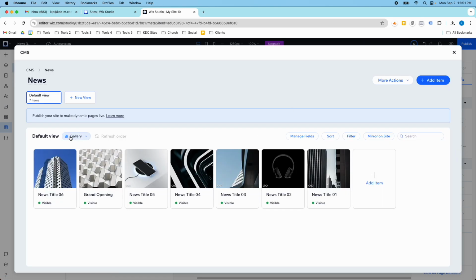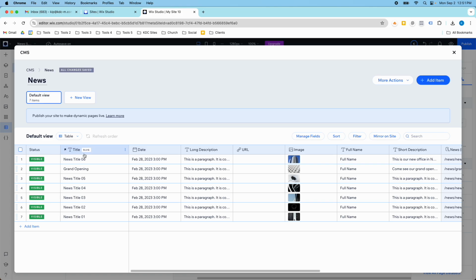I prefer the table view just because most of the time it's faster for me to just do everything here in this table view. That's the one that I use the most. So that's a quick overview on the Wix CMS, and I can't stress enough that this is such an underutilized